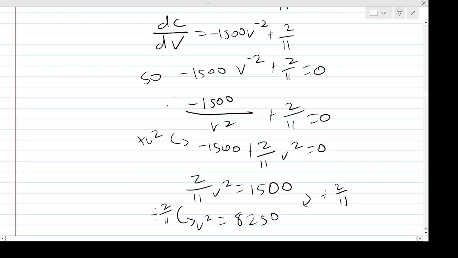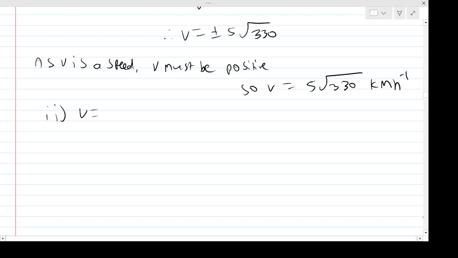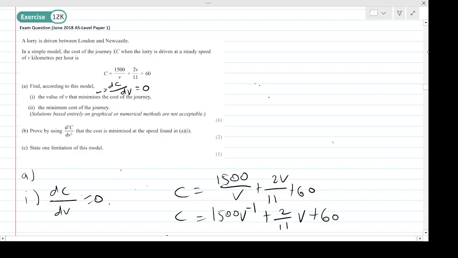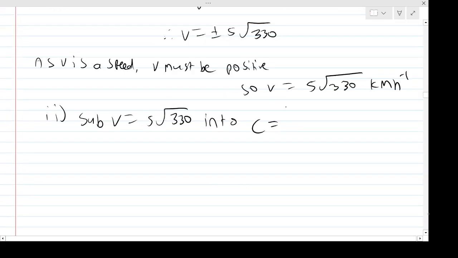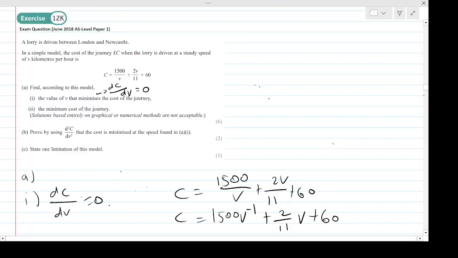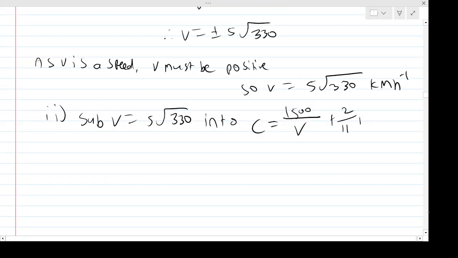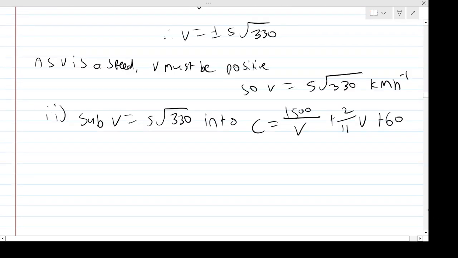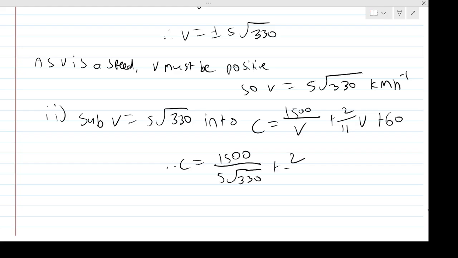So I'm going to substitute v equals 5 root 330 into the formula c equals 1500 over v, add 2 over 11 v, add 60. So c is going to be 1500 over 5 root 330, add 2 over 11 lots of 5 root 330, add 60. Then if I put that in the calculator, I will get